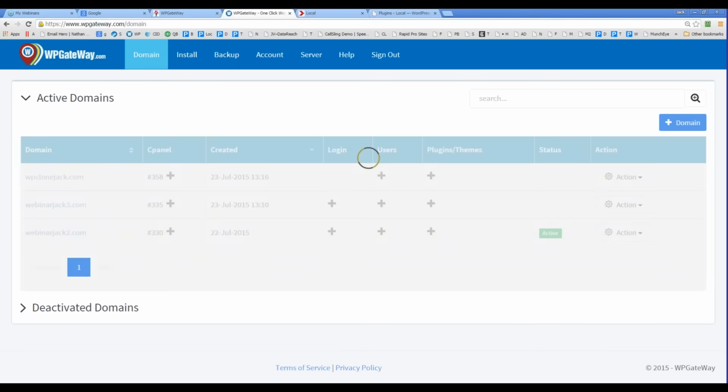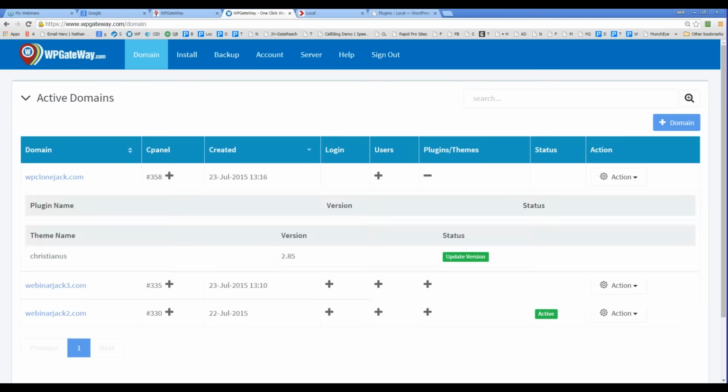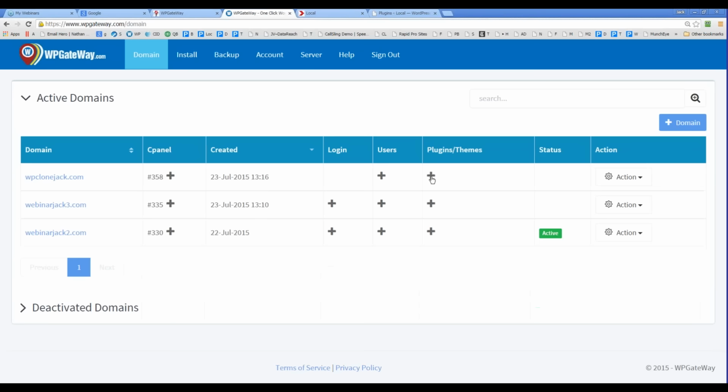I don't know which plugins are installed on this theme. None at the moment. The theme is also up to date. Everybody understand how to add an existing website to